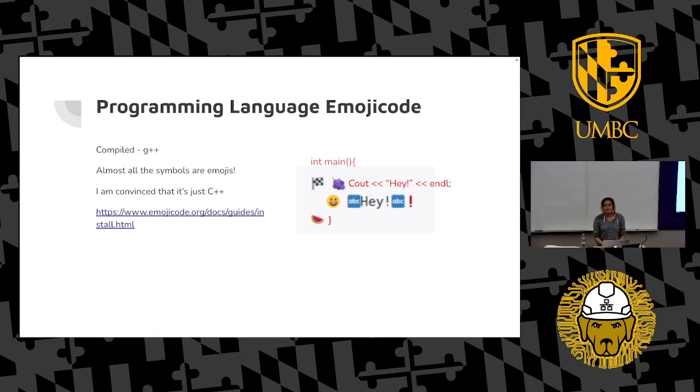Yeah. But no, I'm legitimately convinced that emoji code is just C++, just all the symbols are replaced with emojis. And it gets worse than this. This is just hey. But I put the link there if you wanted to learn all about the joy of emoji code. And I would have tried to calculate the factorial in emoji code, but I was not about to try and set up the environment to run emoji code on my computer. I didn't care if it needed this G++ compiler. I tried to do it in Codecademy, but their coding playground doesn't do emoji code. It was quite unfortunate.